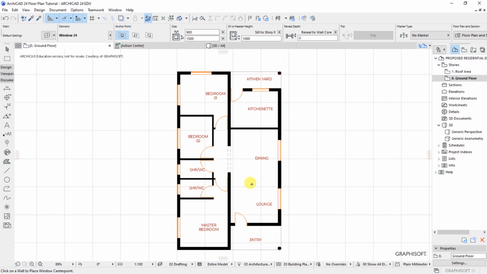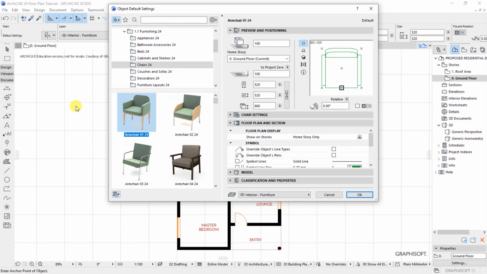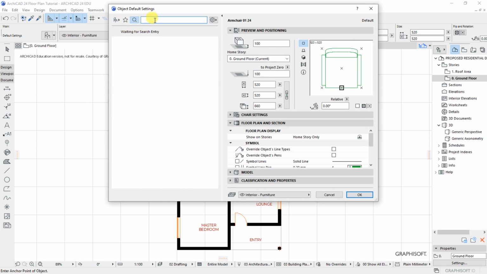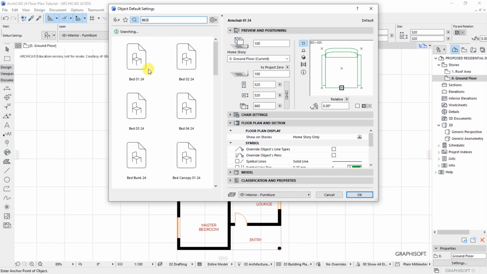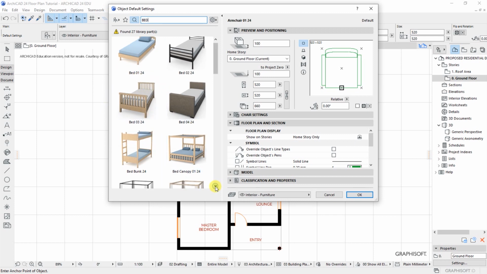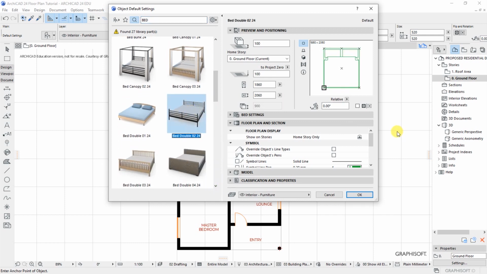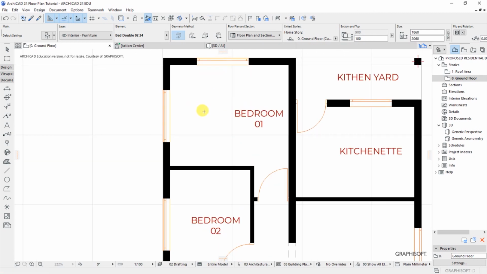We should have beds, and this is found under design, architectural tools, objects, interior, furniture. So when you have the object default settings open, there is this search bar up here. You click on it and search for bed. So I'll type bed. We will have these options, and I want to have a double bed. I will choose this, click on OK, then I'll place it here,